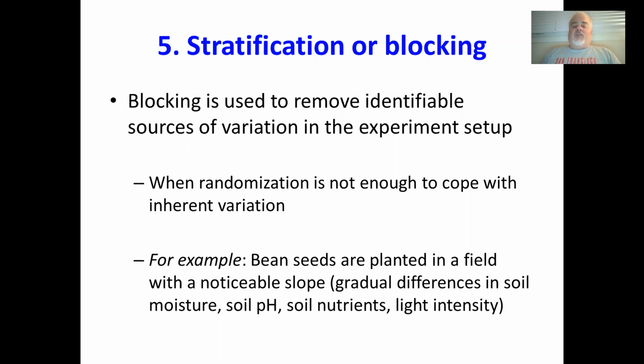So even if a field doesn't have a noticeable slope, so bean seeds planted in a field with a noticeable slope, there are gradual differences in the soil moisture, soil pH, soil nutrients, and light intensity on that slope. But even what we consider flat ground, out here in Salinas, we grow a lot of our crops in flat ground, don't we? No, we don't. It's not really flat. There is a small slope of just 1 or 2% or something that is important,